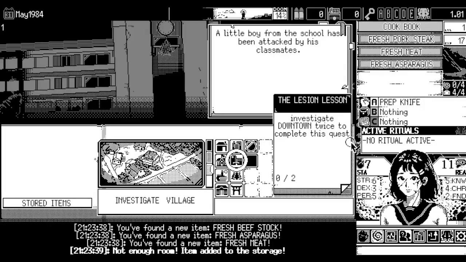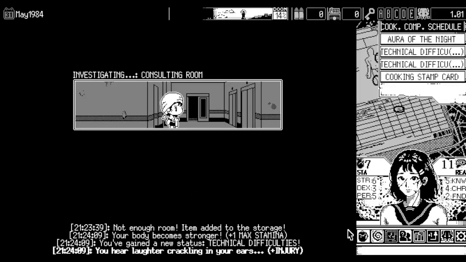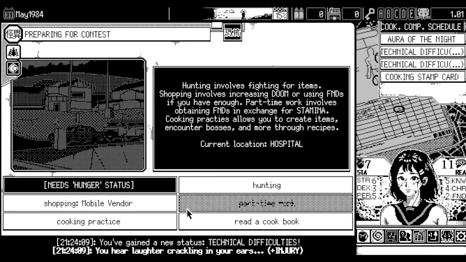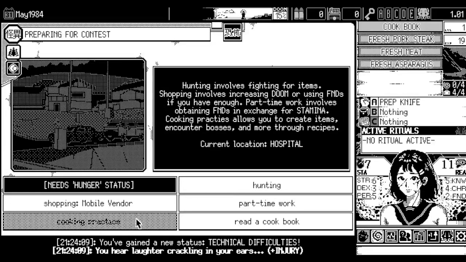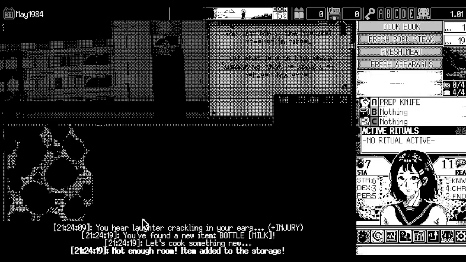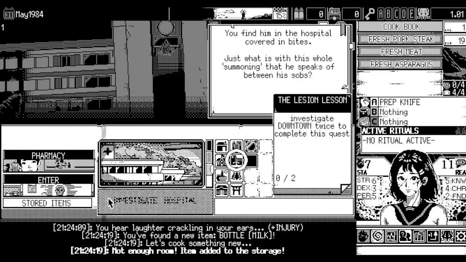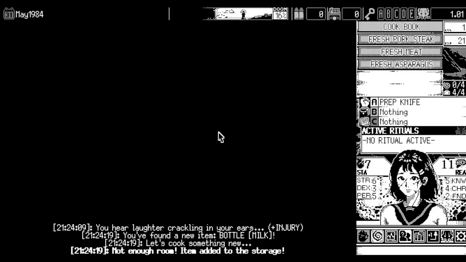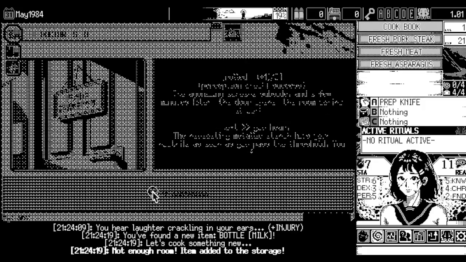So we do get grilled dishes, 3 turns, and let's hope that we don't run out of things. Also, I just realized I'm on a no shackle run, so whoops. But cooking practice, is this gonna be the same? Kind of, but no. We're gonna follow the cookbook and just get a bottle of milk. Yeah, the character's mechanics will tell us when we need to go to the cooking